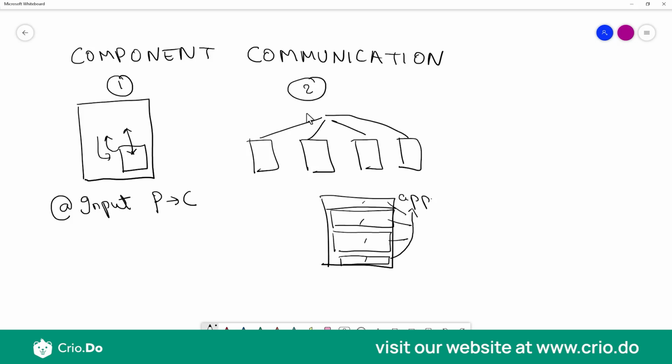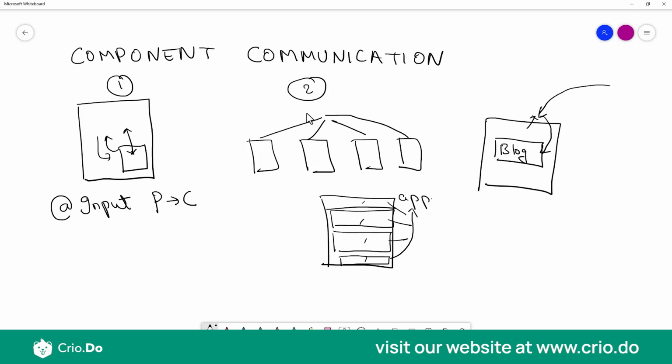So I'll give you a scenario for this. Assume I have a component over here. Say this is my app component, and inside this I have another child component. Maybe this is a component that displays the list of blogs. In my parent component, when I load the application for the first time, I can make an external API call to my blog service, get the data from the server, and whenever I get that data, I can pass that data to this blog